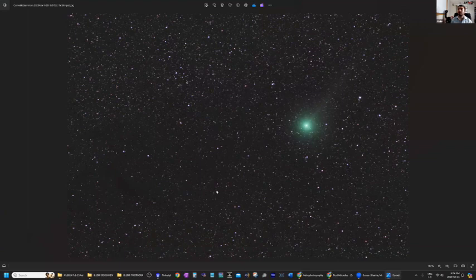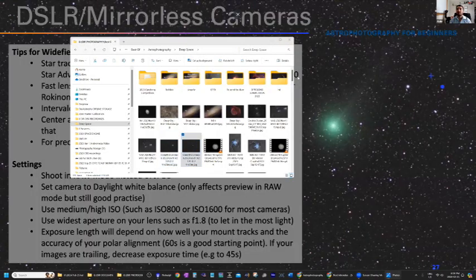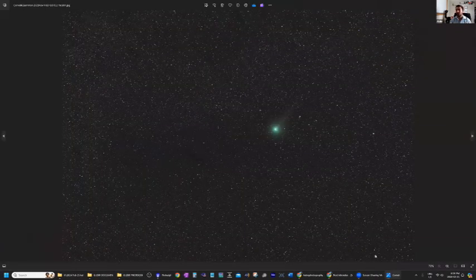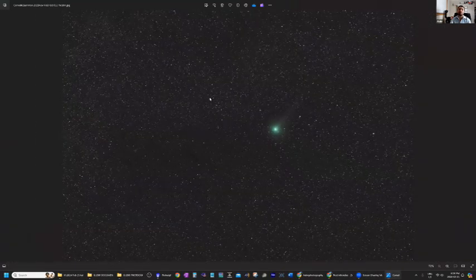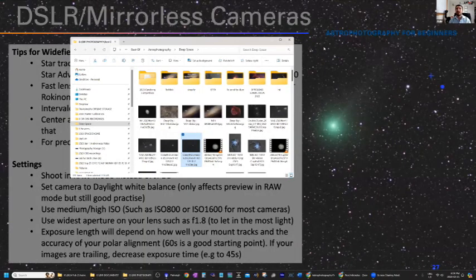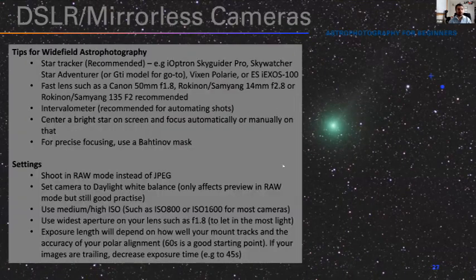So the trick is just to choose a lens that's known for its astrophotography performance. Most lenses from Rokinon or Samyang tend to be pretty good. And if you do get a bad copy, you can just return it to wherever you bought it and exchange it for a better one. Most of the time, though, I have found their performance to be very good, even at the edges. And if you don't want to spend $3,000 on a very, very well-corrected, premium Canon L lens, then they are a good option. The only downside tends to be that they're manual focus, but for astrophotography, that does not matter.